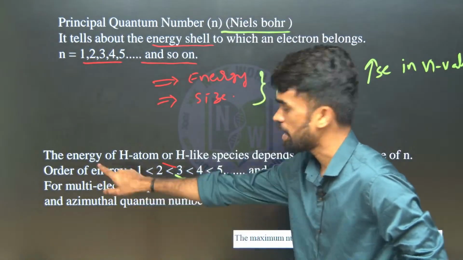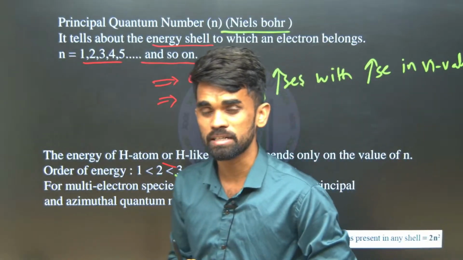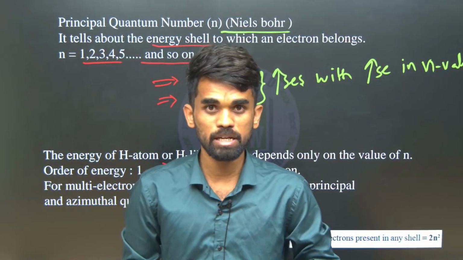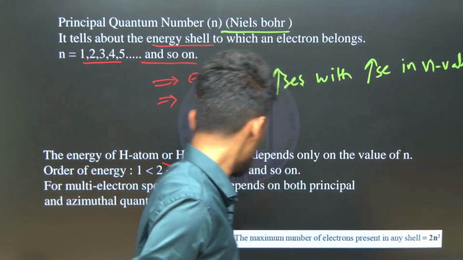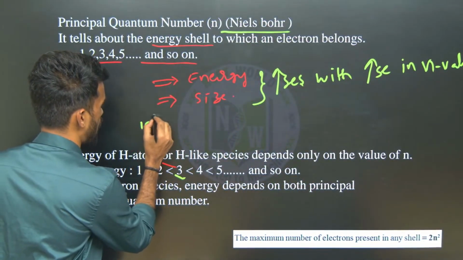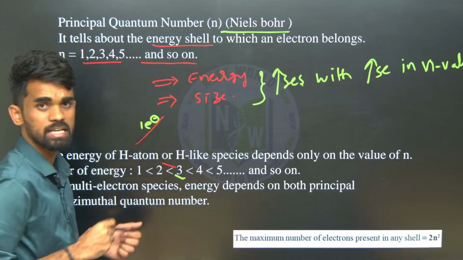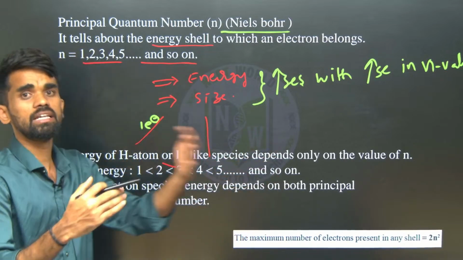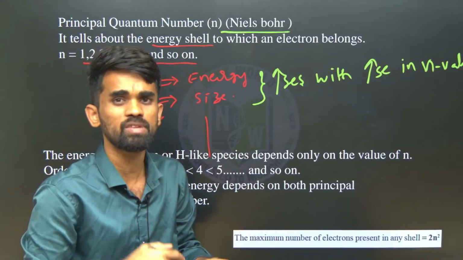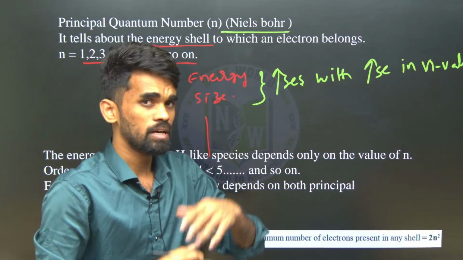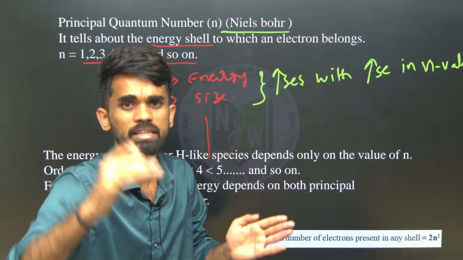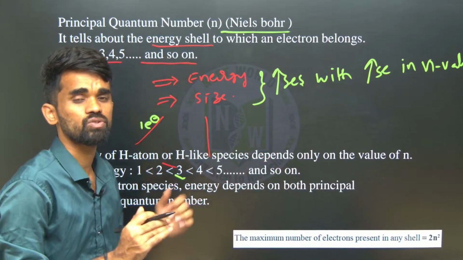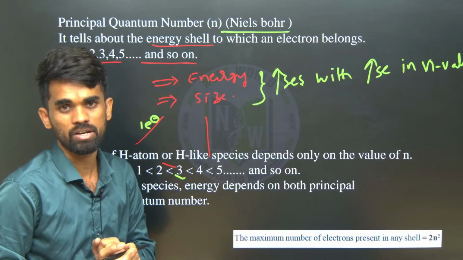Now one more thing. See, in case of hydrogen atom, in Bohr model we have studied that. What is the limitation of Bohr model? See, Bohr model is applicable to only single electron species. Now it means we have multi-electron species and single electron species. If the atom or ion contains only one electron, we can say it is single electron. And multi-electron means it should contain more than one electron, like helium, lithium, beryllium, boron, carbon, nitrogen. All of them have more electrons, instead of having 1 they will be having 2, 3, 4 like that, based on the atomic number. So for them we should follow a different order, and for single electron we should follow a different order while giving the energy level orders.